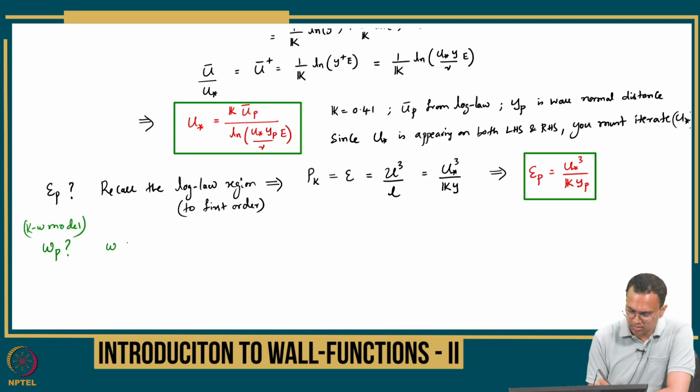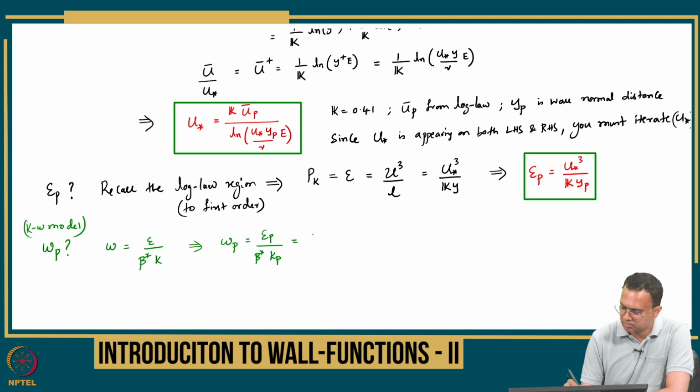So we know omega is epsilon by beta star k, right? So I can simply say omega p therefore should be epsilon p by beta star kp, equal to u star cube by kappa yp